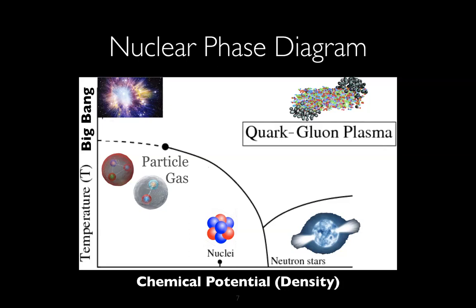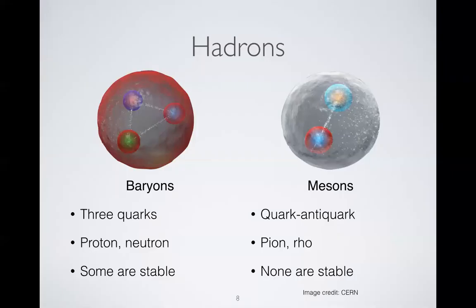And then the neutron stars are at a high density, but relatively cold. And when I say cold, they're like 10,000 degrees or something like that. So you wouldn't want to live there. Also the surface gravity is really high, so you also don't want to live there for that reason. But much cooler than the quark gluon plasma at trillions of degrees. Okay, so that's sort of the big picture.